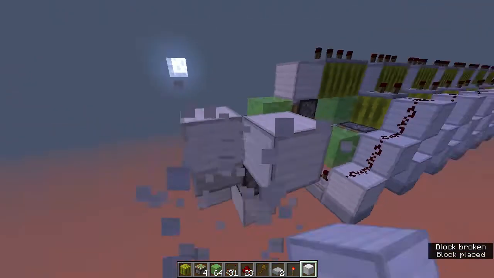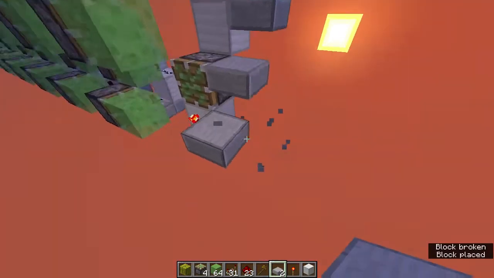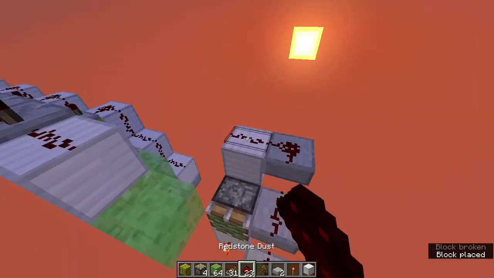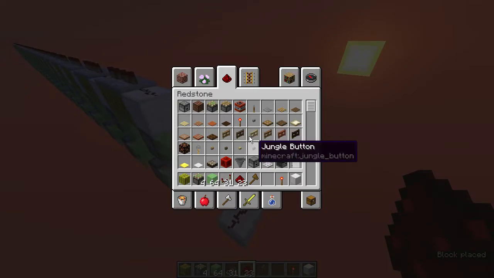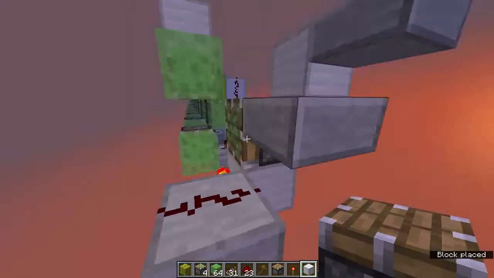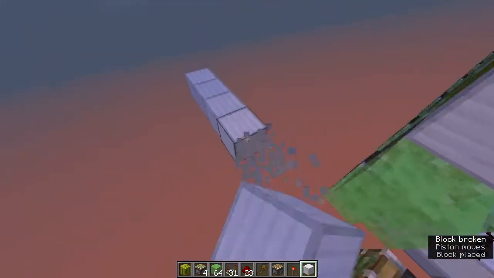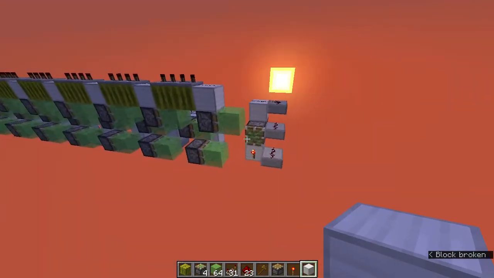So make sure to make a little step up right here. Slabs are really easy to use, so just do that. You can step it up like this, and then to avoid the piston from sticking out to that slab, just put your piston there. Now you can do this. Yeah, it's fast enough. So now you've got your fast detector,